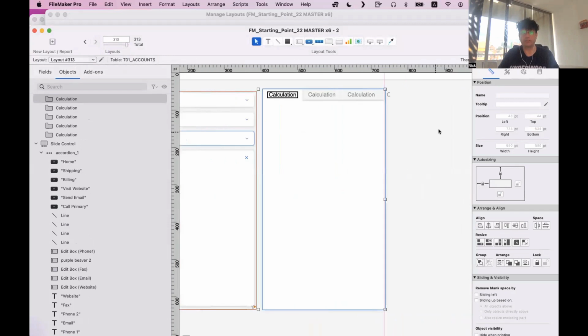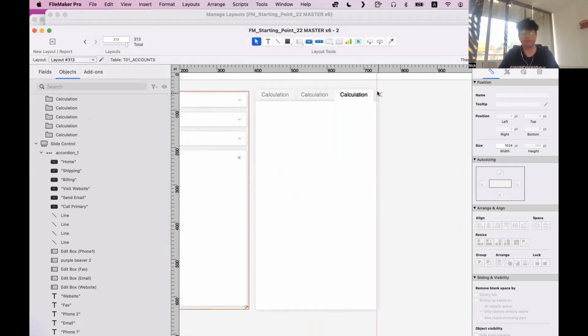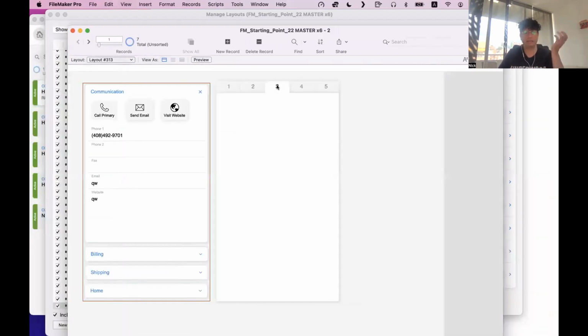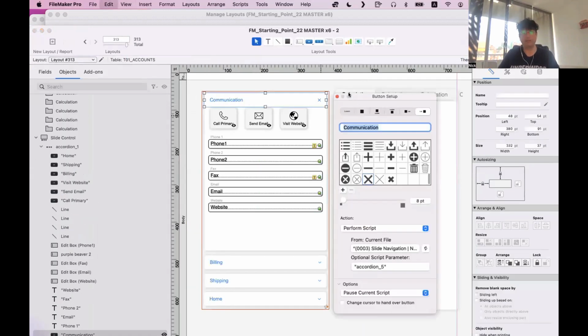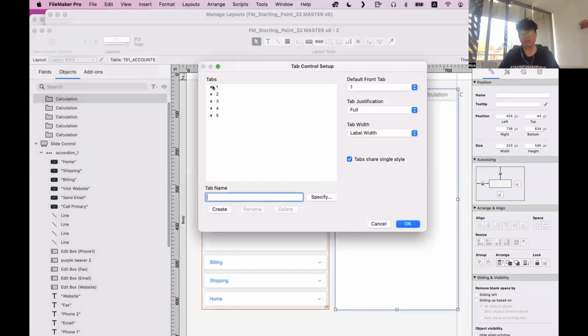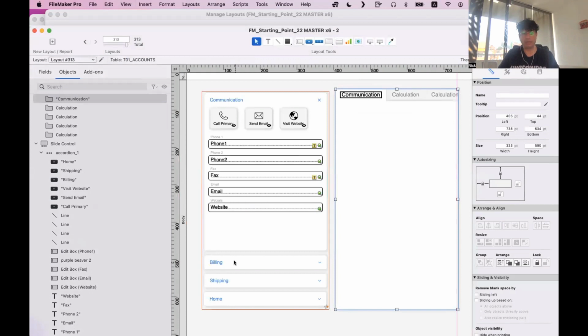So first of all, I cannot display all my tabs. So that I can display all my tabs. See, I can, but because it's a 1, 2, 3, 4. But let's say I'm going to name them with the same name. So I think you got the point. So I'm going to name them with the same name,